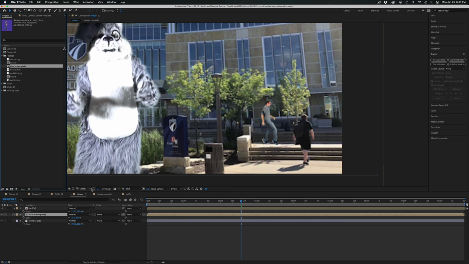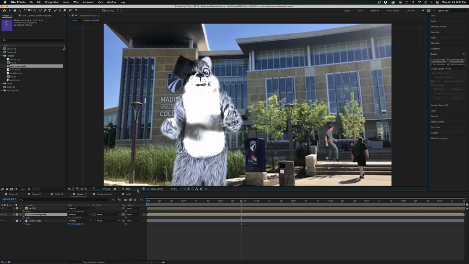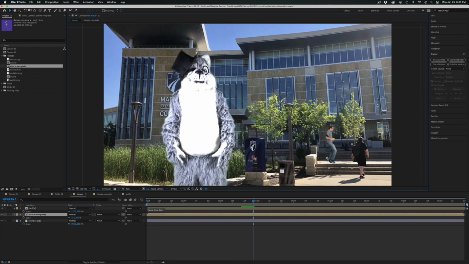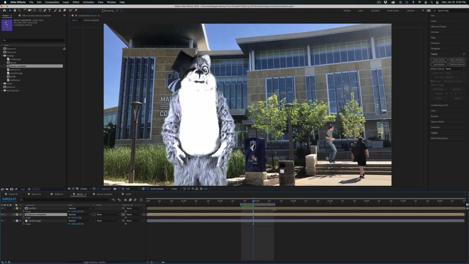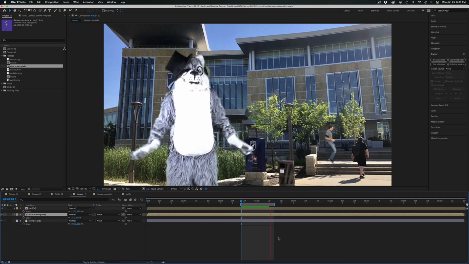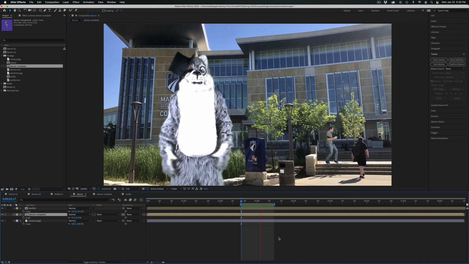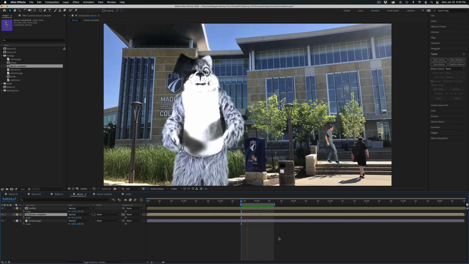But let's go back out to fit this, and let's go to full resolution. And if we just RAM preview a little tiny bit of this, because my computer does not want to do more than that. I keep moving this by clicking on the gray area, which is moving the whole bar. I just want to grab the little blue handle there. So let's just RAM preview this a little bit. And now you can see our, it's a horrifying loop, but you can see that we have our two pieces